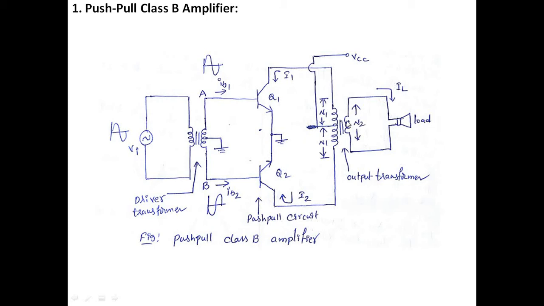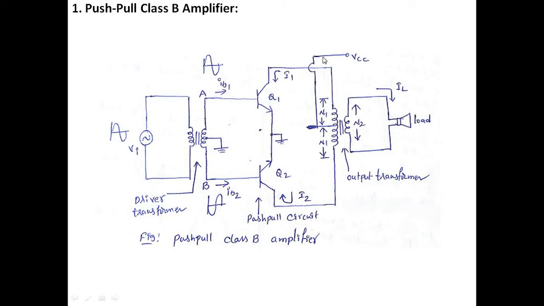Now the output is connected again across the load. In most cases you can see we are using transformer coupling. In the push-pull class B amplifier we use transformer coupling, even at the input stage. The two collectors of the transistor stages are connected together to the primary of a center tap transformer. This tapping done at the primary side is normally a difficult task. This is one major problem.